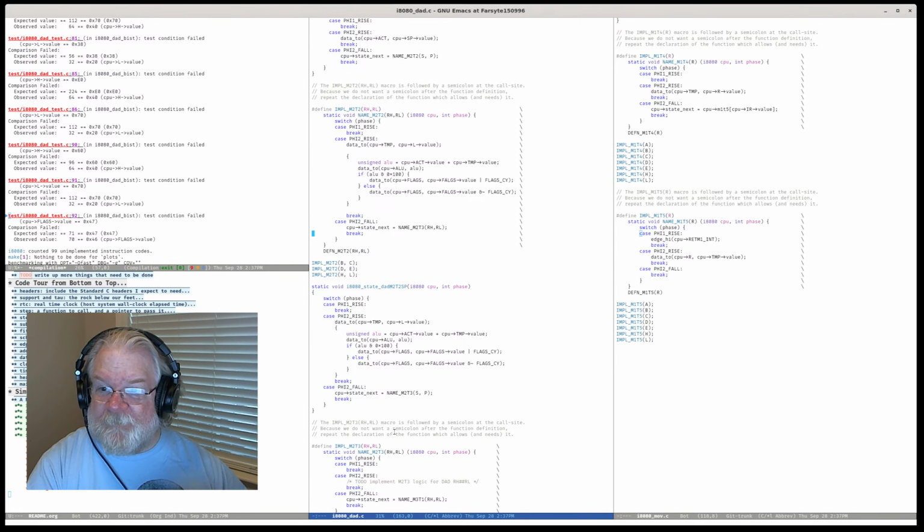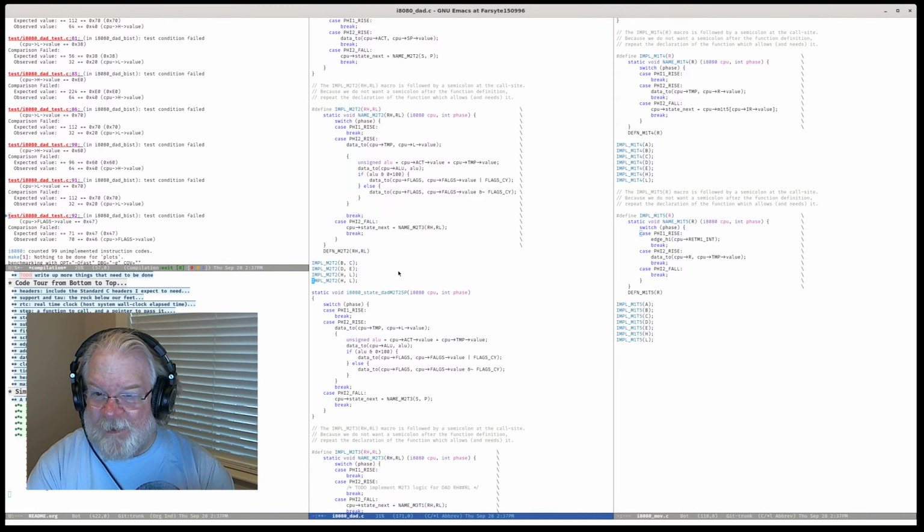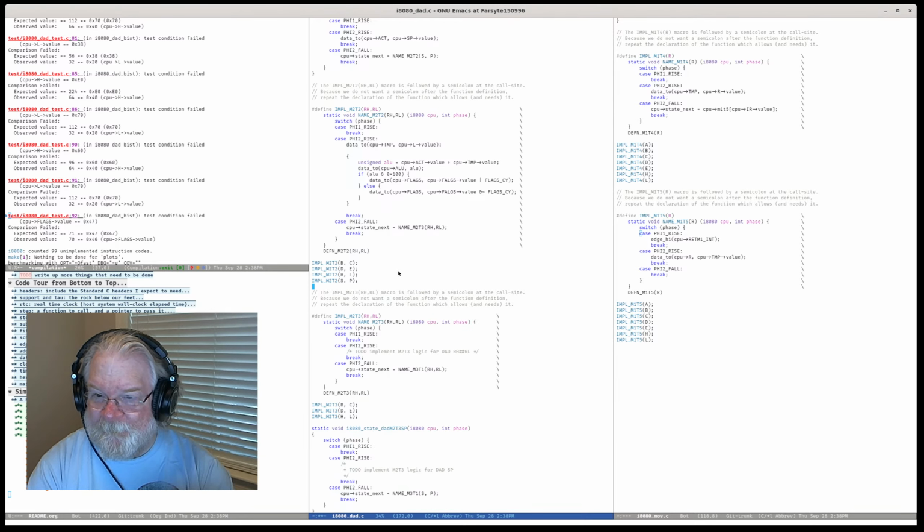So the only real difference between these two is where we're going in the end. Since we are not actually operating on the stack pointer register in this one, we don't need it.